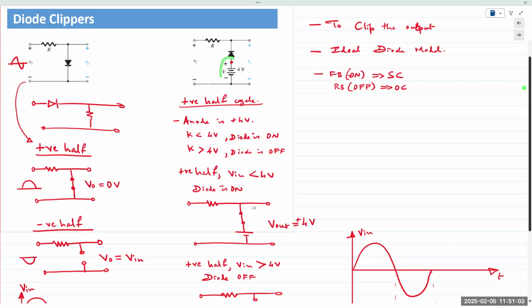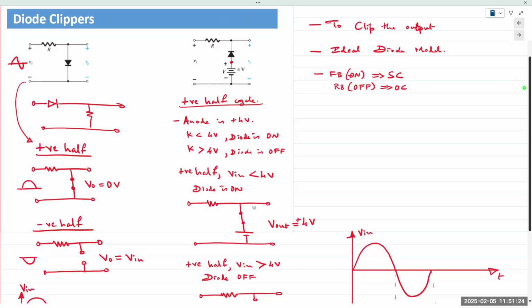If you attach a voltage source in there, what happens? So in the circuit on the right, the anode of the diode is held at plus 4 volts. Okay, anode of the diode is held at plus 4 volts, which is right here. You see that? Okay, that point. Now,